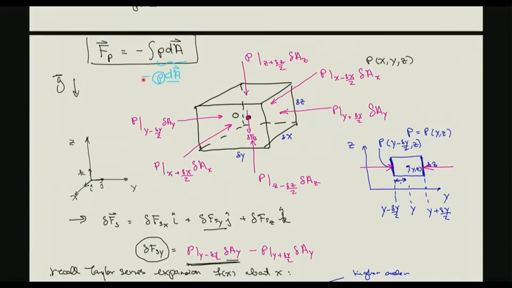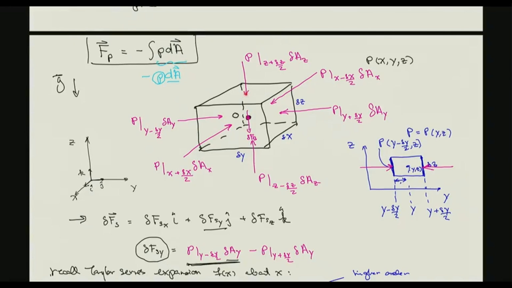And remember, the negative sign there is because the pressure force always acts towards the surface. So here I have sketched the force due to the pressure acting over each of the sides. Of course each of these forces is acting towards the surfaces, and the pressure would be some average pressure at that location. So if the point O, the center, is at coordinate x, y, z, then here